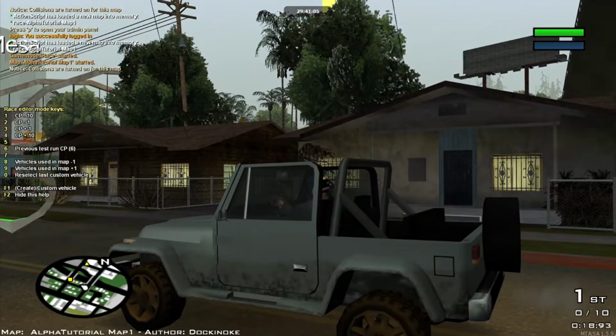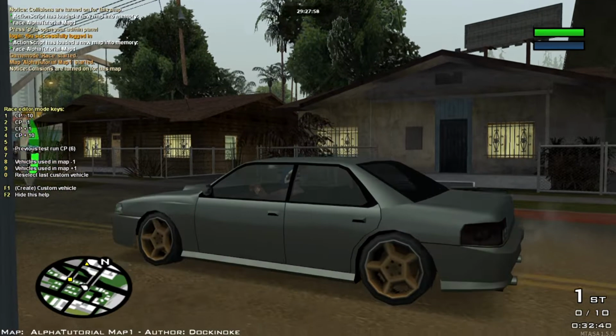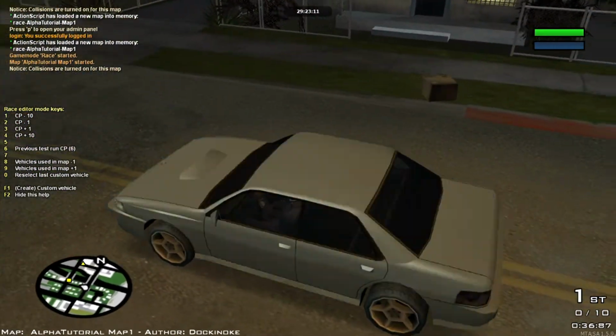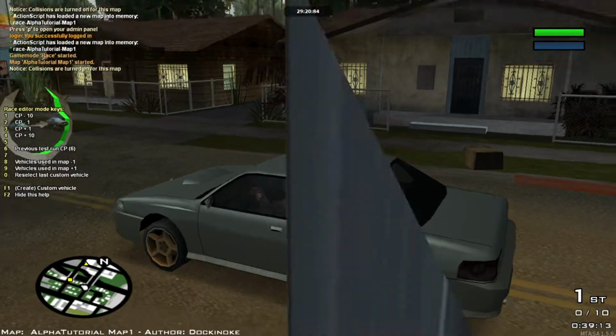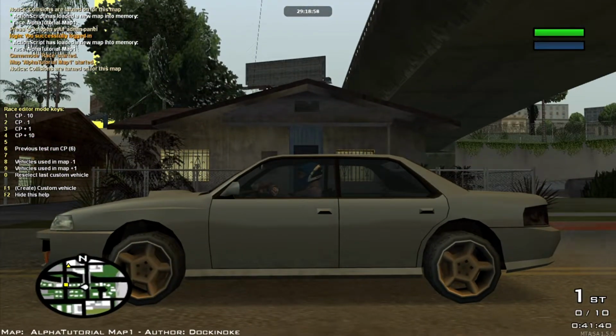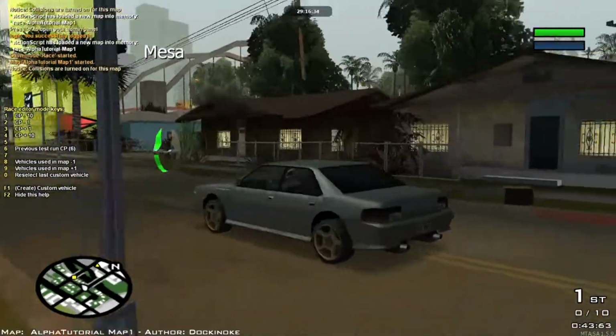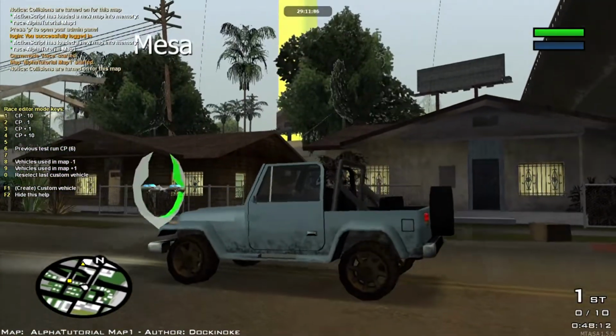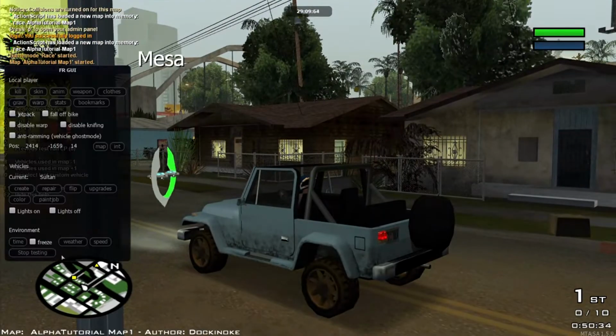For example, what I pressed is also 8. It uses the precedent vehicle, or 0, reset to last custom vehicle. I pressed 9 for this case, so reset to the start vehicle. Take a look at the little jump the car makes. This happens,